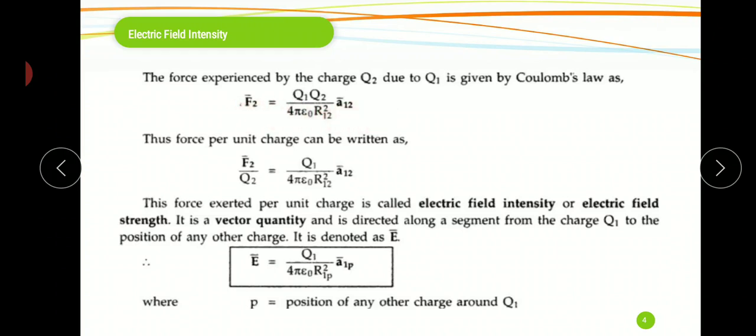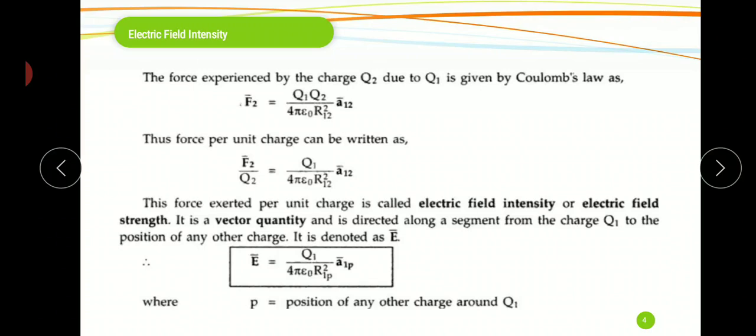So that's why here we have to take a unit vector. This unit vector is along the line joining Q1 and Q2, and R is the distance between the two charges. Now, simply write the Q2 value below F2,